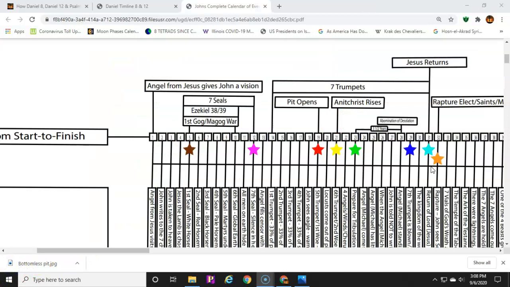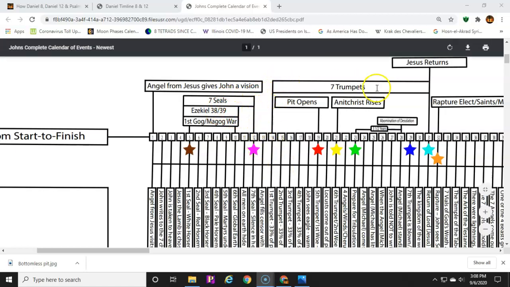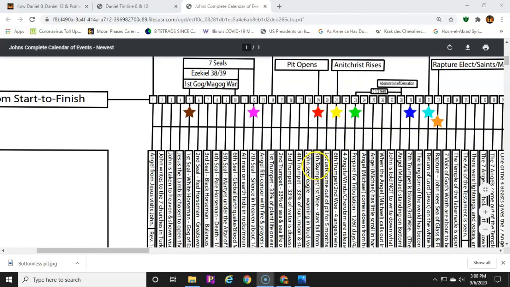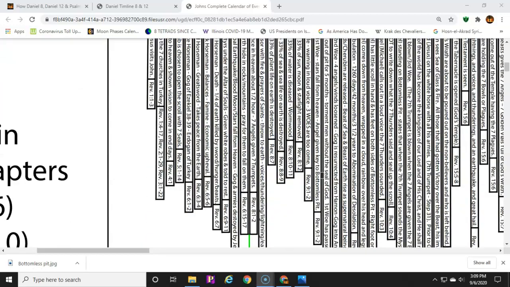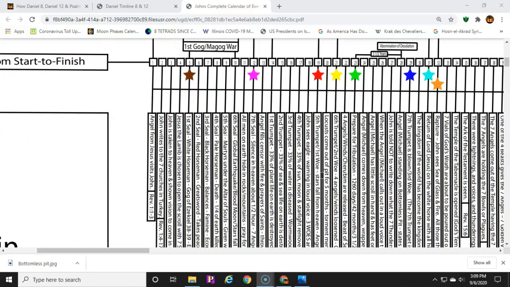So if we go back to the timeline, you notice that right after the Seals War and the half an hour of silence, we start to see those 7 trumps hit. And once those 7 trumps start to hit and we see that 5th trump occur with the first woe attached, we start to see that bottomless pit open. And this is important because the 5th trumpet is about the bottomless pit opening and Michael standing on the bottomless pit and bringing Satan from heaven, losing his seat forever, and then throwing him on earth, and then watching this resurrectional event of an Antichrist coming from the bottomless pit from a resurrected Gog. And I'm going to explain how that occurs in a second.